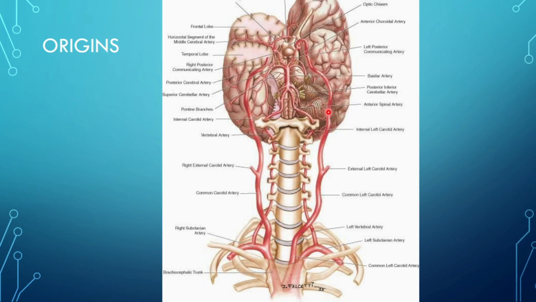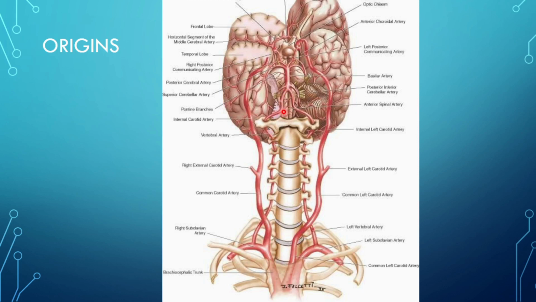The second route by which the brain is supplied comes from that second branch that I mentioned, that comes from the subclavian artery. Here it is on the left, and that's our vertebral artery. So there's the left vertebral artery and there's the right vertebral artery, and they travel up the neck, but this time they actually travel within the transverse foramina in the cervical vertebrae. They enter into the cranial cavity via the foramen magnum, and then